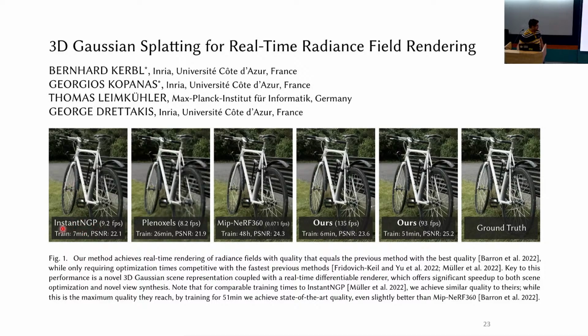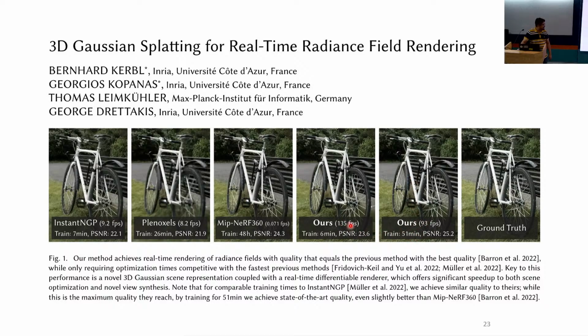So for example, Instant NGP is 9.2 FPS, training time is around 8 minutes, PSNR is 22. Plenoxels is another one. FPS is frames per second, and PSNR is peak signal to noise ratio. And Mip-NeRF 360 FPS is even lower, but training time is also very high. And this is Gaussian splatting. Training time is also very less, 6 minutes. PSNR is also very high, and